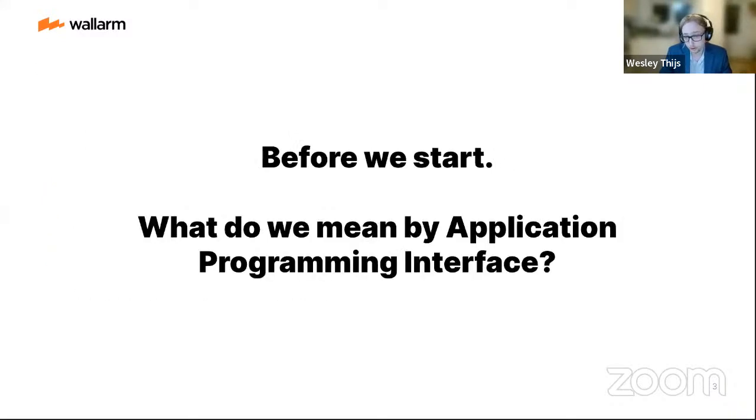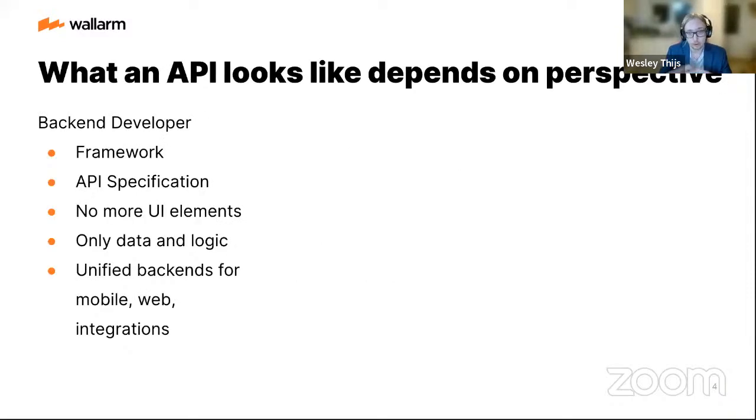We've also authored several API courses with the company. And before we start, I'd like to ask you all what you think of when I talk about an API, because API is a very broad term and I have a feeling it's thrown around a lot these days, but an application programming interface allows basically two applications to talk to each other. It's an interface for your application. So the term is very broad. And an API looks very different depending on who's looking at it, depending on what perspective we take.